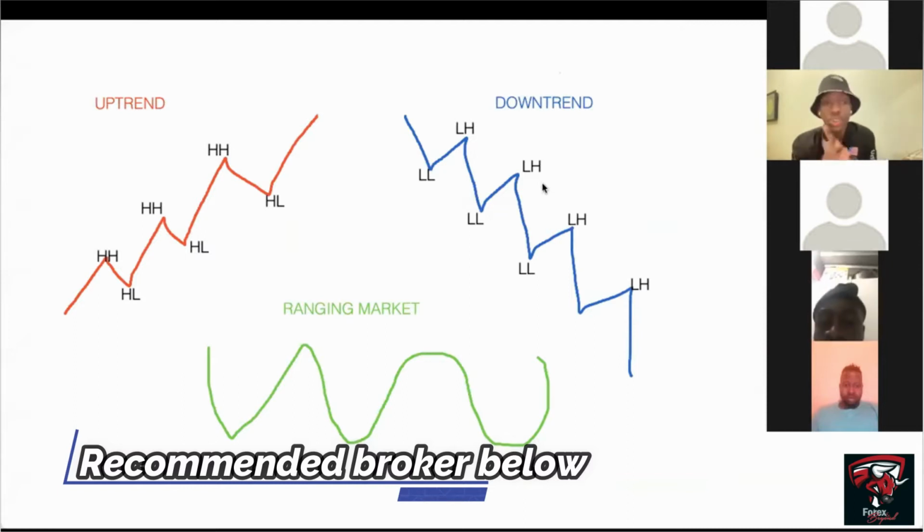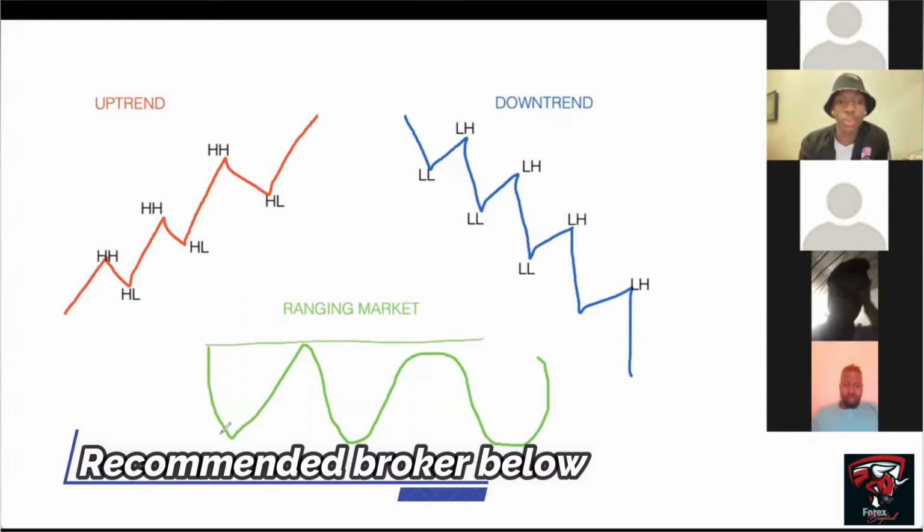So guys, the market moves in three trends. An uptrend, which is this one here. In an uptrend, we usually look for buys. In a downtrend, we look for sells. And in ranging markets, it depends on whether the market is at a high or at a low, right? But to break it down,